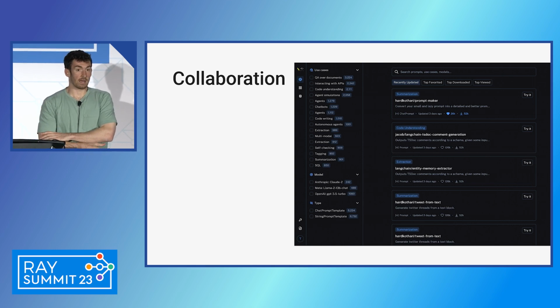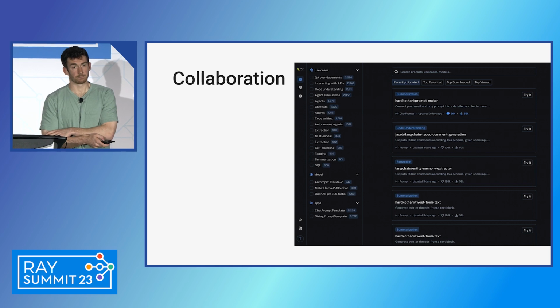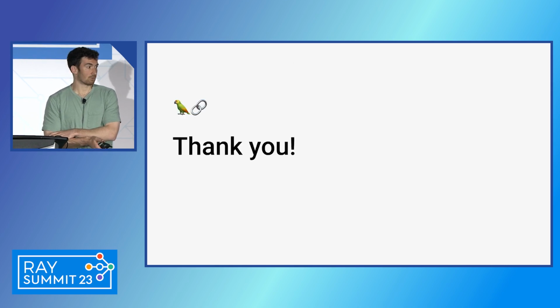And so I don't think we have the perfect solution for it yet, but one of the big things that we're thinking about and working on is this hub where basically we're starting with prompts where you can version them. We'll add in some sort of testing component, although again, back to the previous slide, that starts to get a little bit gnarly in how you do that generically. But we're thinking a lot about this collaboration among different parts of the same team. That's pretty much all I have for today.